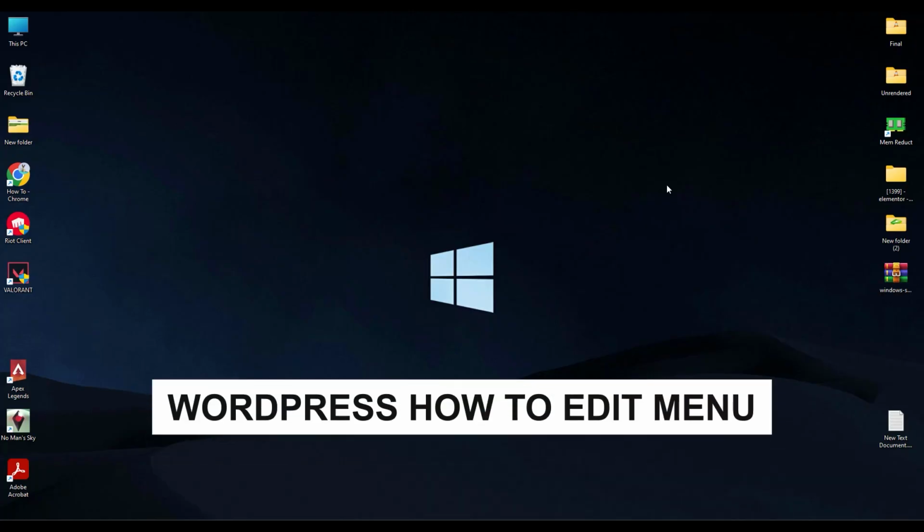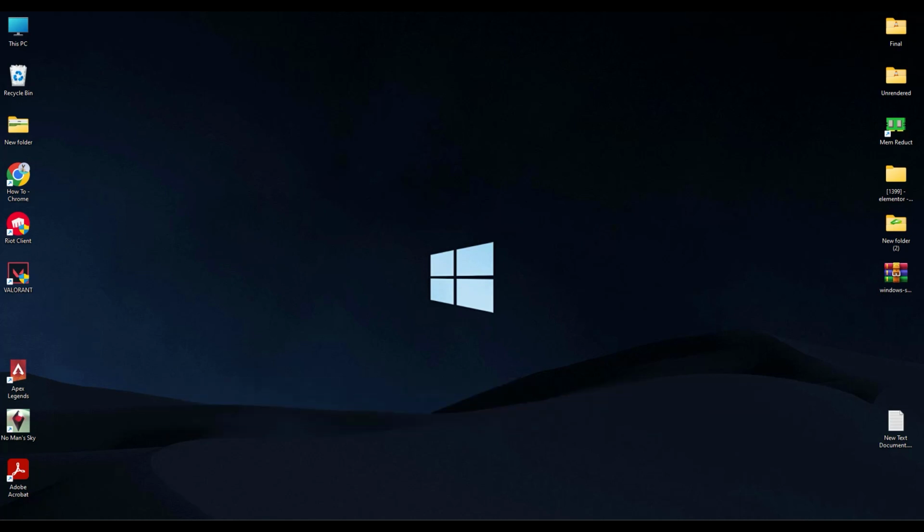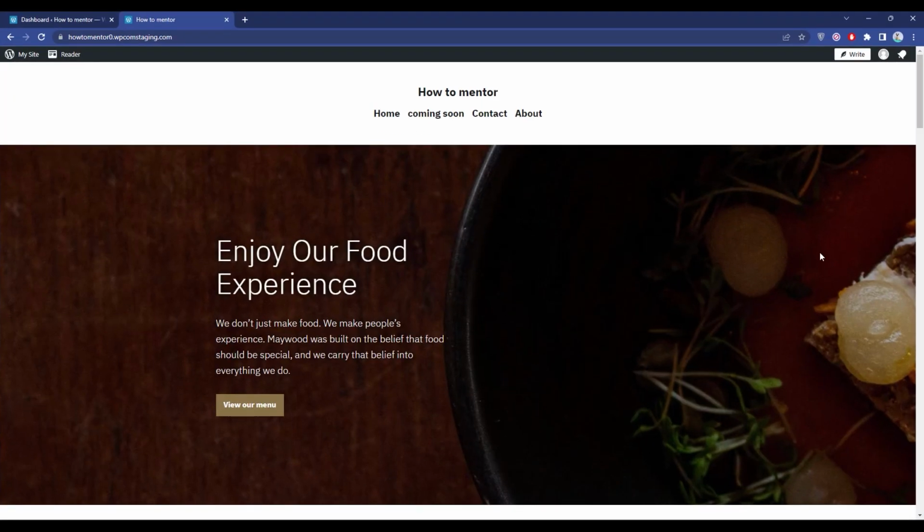Today I'm going to show you how you can edit menus in WordPress. So firstly, go to your browser, and as you can see over here on my website, I already have a menu. I'm going to make another category in the menu and show you how you can do that. In order for you to make categories, what you have to do is simply